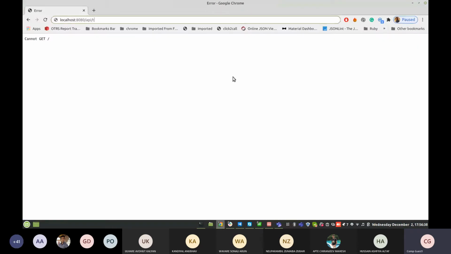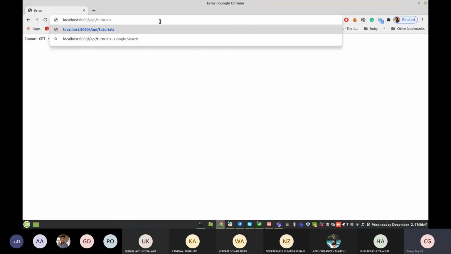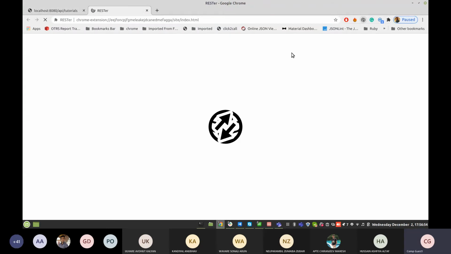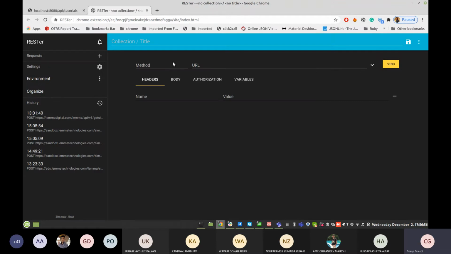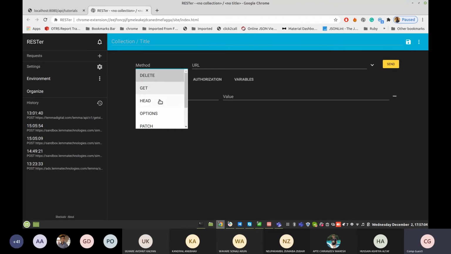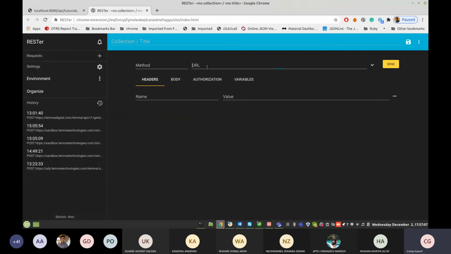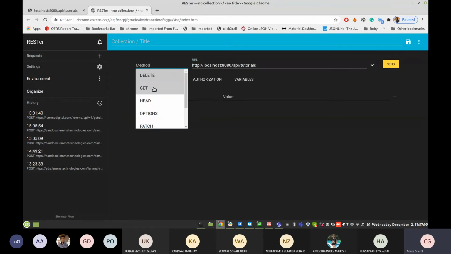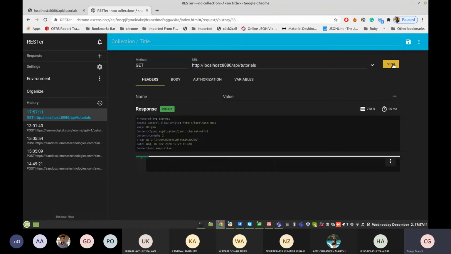Okay, so whenever you hit this API tutorial, there is no object inside it. This is your API endpoint. So we have used this API endpoint using REST client, one of my REST Chrome plugin extensions, where we perform all the get and post operations. So now if I use the get operation, there is no object inside the tutorial.